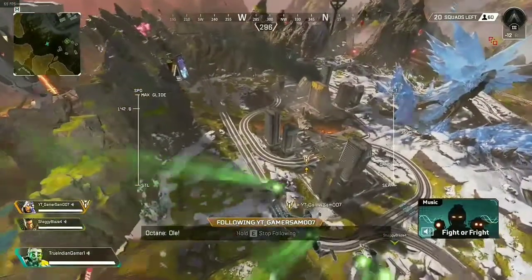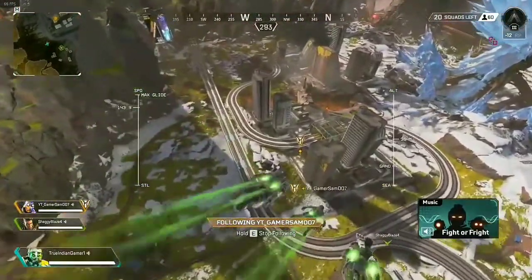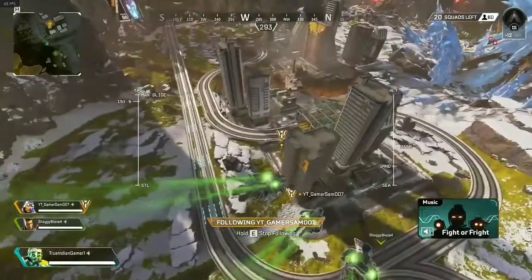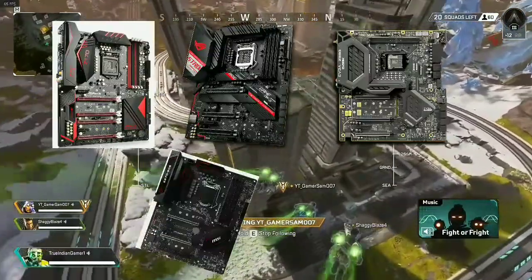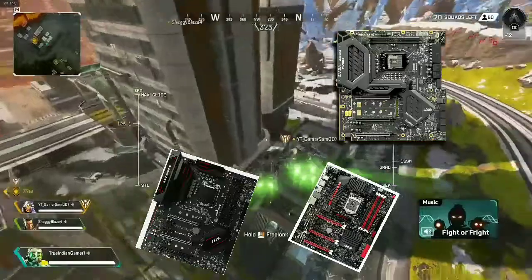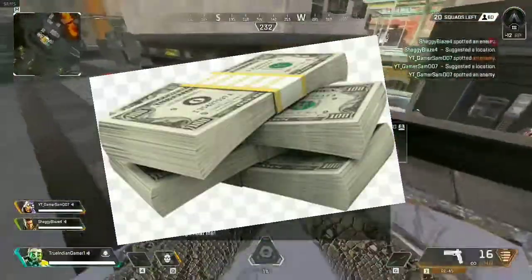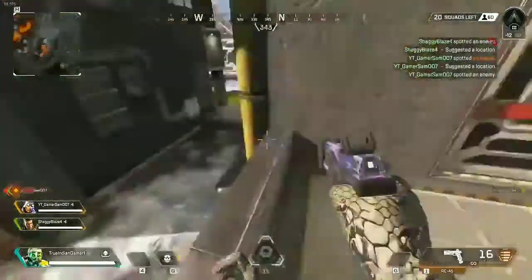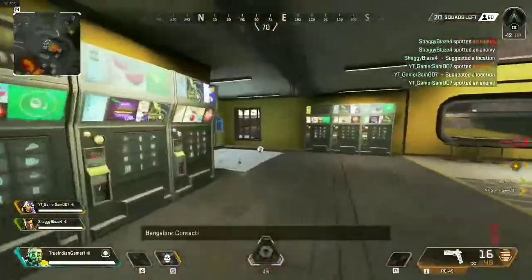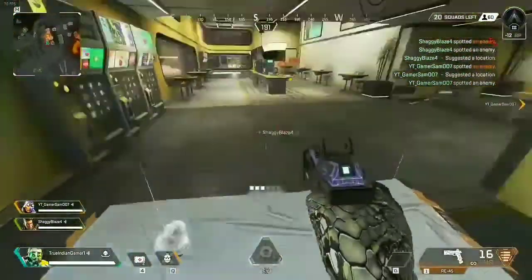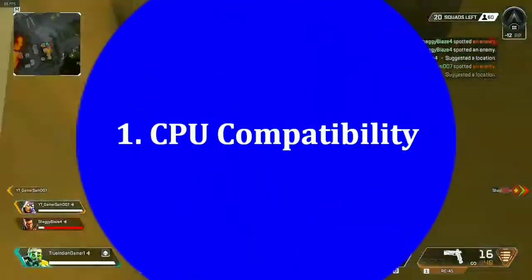Today, we are gonna talk about how to buy a motherboard for your PC in 2020. There are a lot of choices in the market for you to choose from, so it becomes very hard to decide which one will suit you the best, and whether you are paying extra money when you can get the same motherboard at a lower price. So, to filter out your list of motherboards, let's discuss the features you should look for.